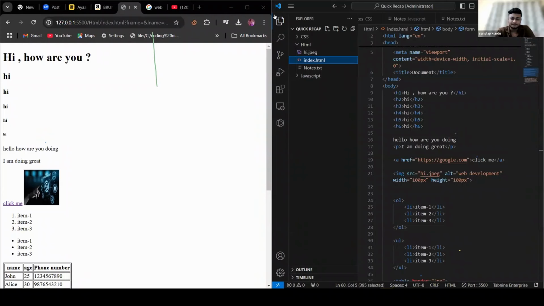Should we move to CSS, guys? Yes, sir. Yes? Great, great. All right. Now,